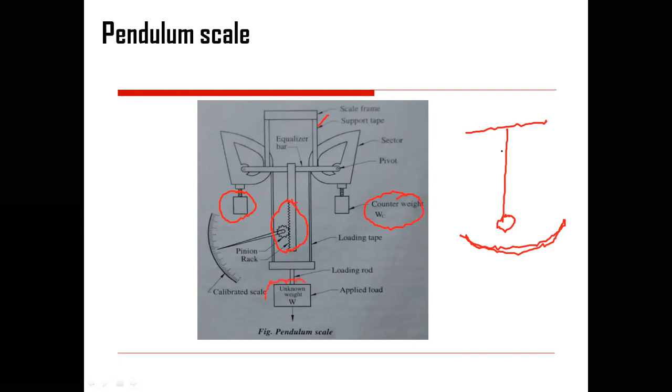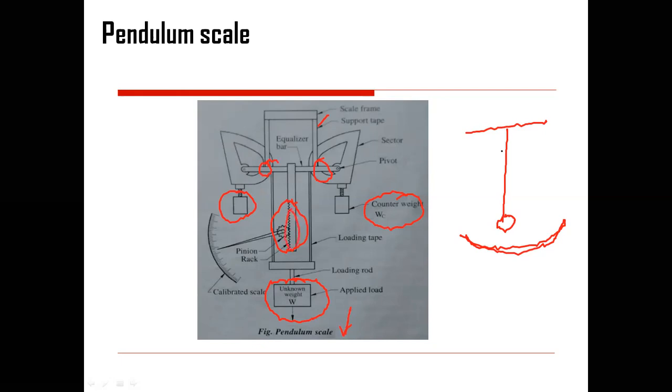An unknown weight is applied at the bottom. This will try to increase the force at the downward side, and when it is trying to apply a force towards the downward side, it is going to create a motion across this part. This is going to create a motion across this particular part, and when there is a motion, this particular gear